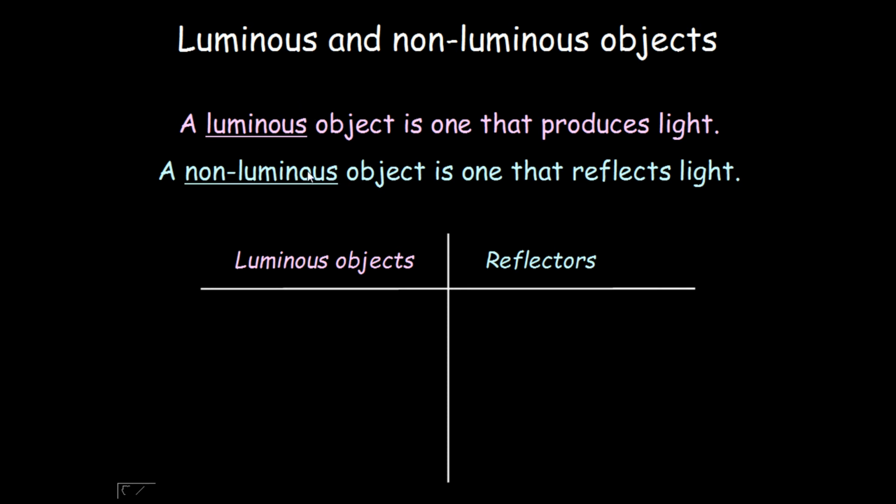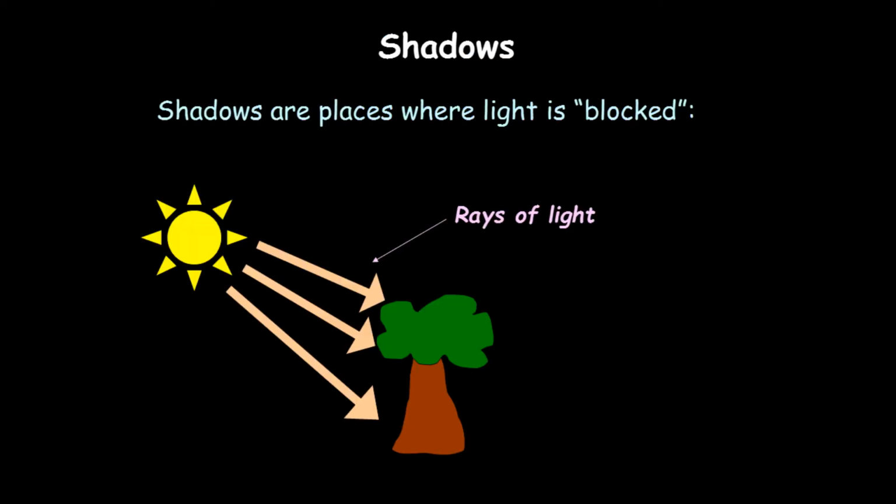A non-luminous object means an illuminated one. The rest of the objects, which don't emit their own light, are non-luminous. Non-luminous objects are visible because they are illuminated by luminous objects. Actually, the luminous objects give them light, they reflect it, bounce it back, and they become visible.